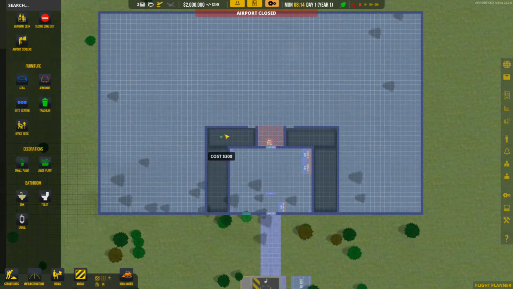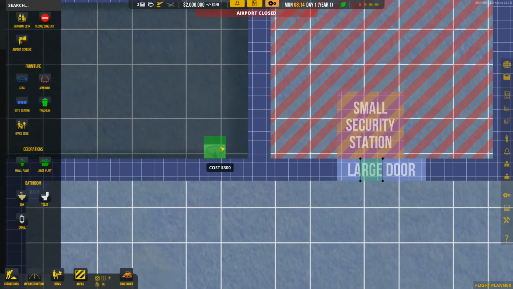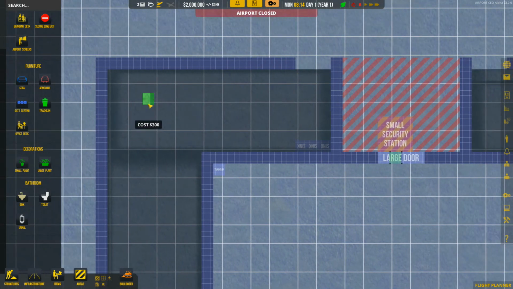Let's put this. So I suppose we can put sinks. Actually, let me just zoom in here to make sure it's in the right direction. There we go. I think that's the right direction. Yeah. Let's put some sinks. Just a few for now. We don't want to go crazy because we don't know how busy our airport's going to be. Actually, I think this bathroom is going to be kind of too large. But anyway, whatever. And I suppose if we put the urinals